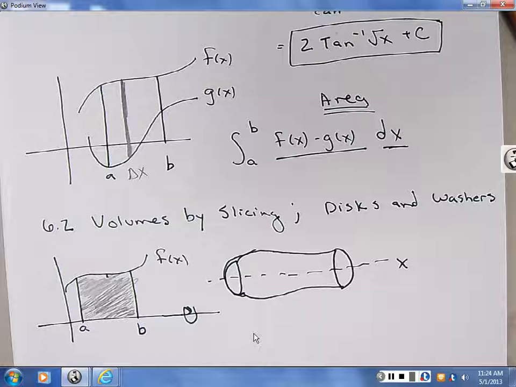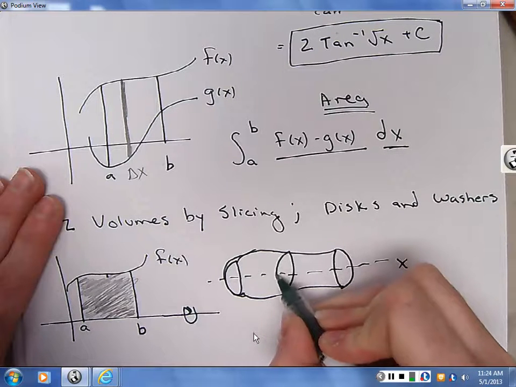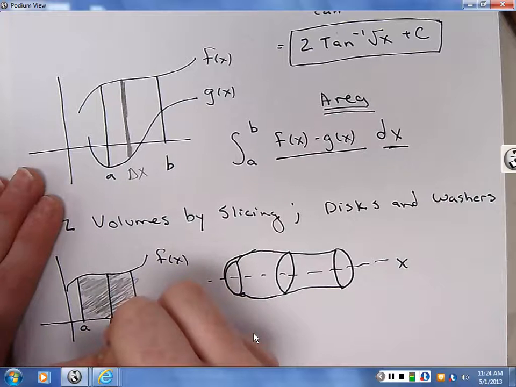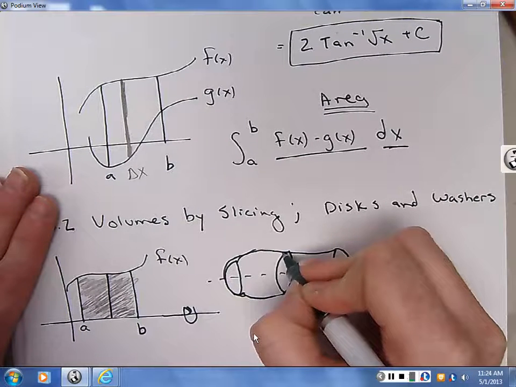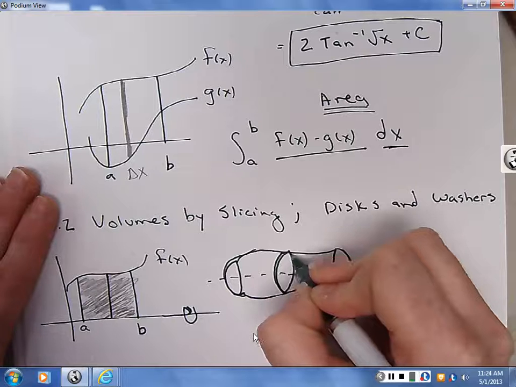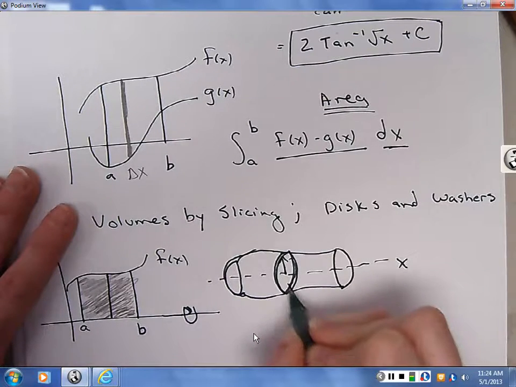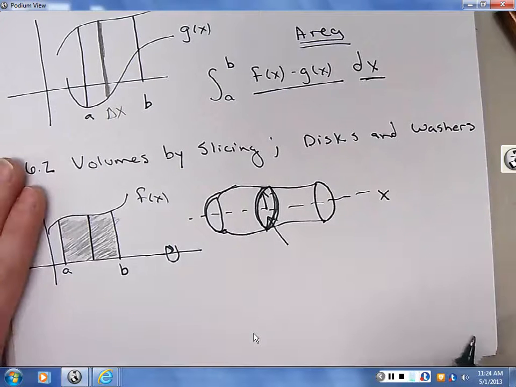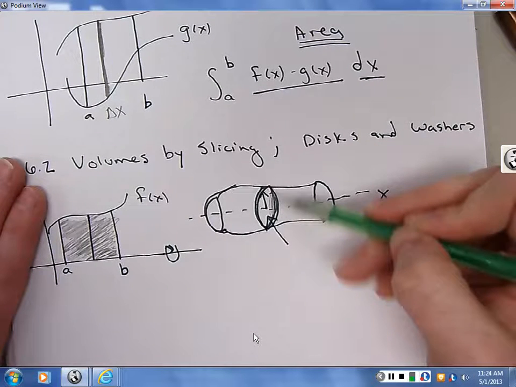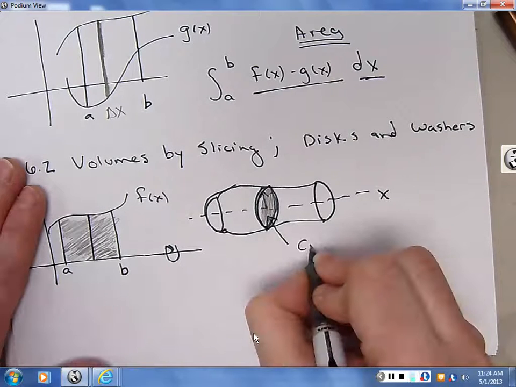So if I slice this, here, if I take this slice and I rotate this, I get, let's see if I can do this decently. If I take this cross-sectional area, because remember this is a volume, and if I take this cross-sectional area,